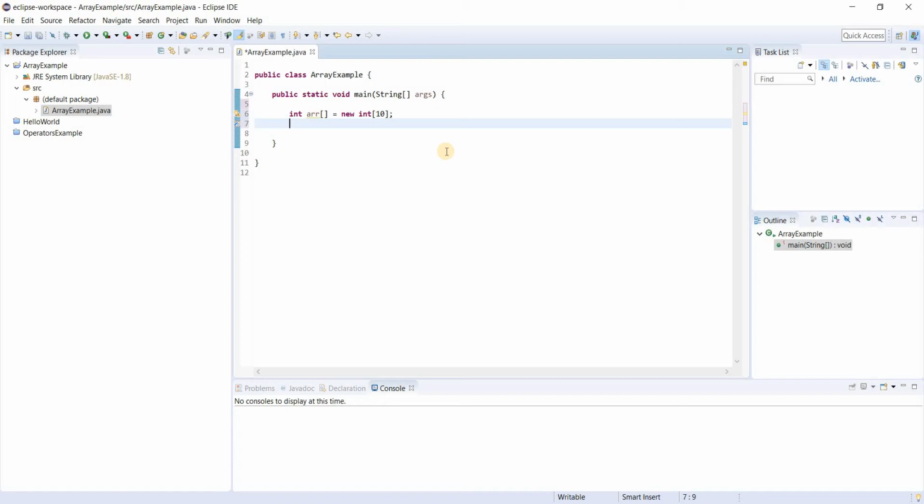Before accepting it from the user, I'll just hard code it for the first time. You can use curly braces and then write the values, let's say 1 2 3 4. So this is an array which has 4 elements, and the name of this array is this. If we want to print it, we'll